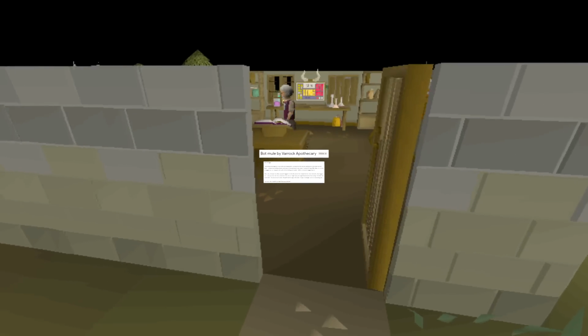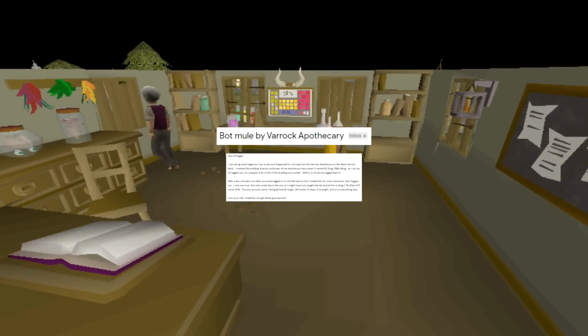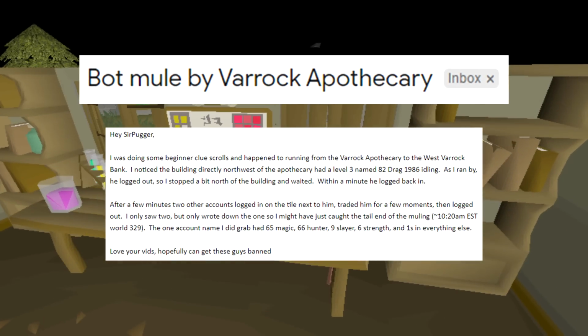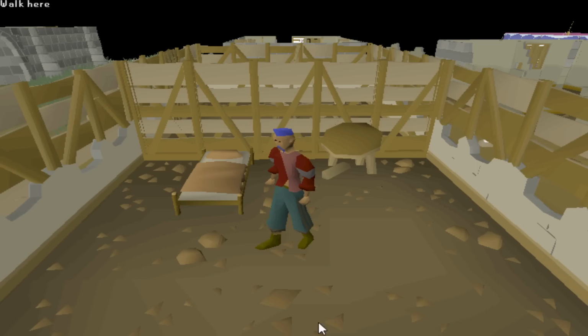The next type of tip-off is rarer than others, but when I see this kind of tip-off, I immediately drop what I'm doing and run to my computer. The title of this tip-off was Bot Mule by Varrock Apothecary. I immediately logged in to investigate. Sure enough, every 3 to 5 minutes or so, an account named